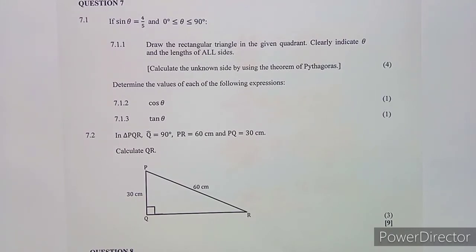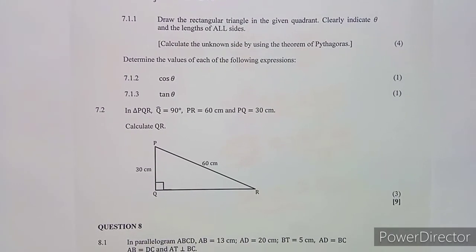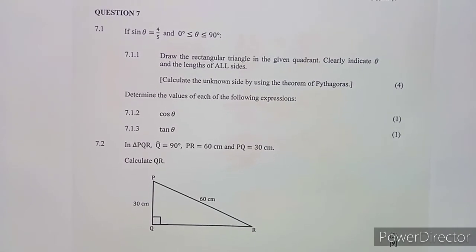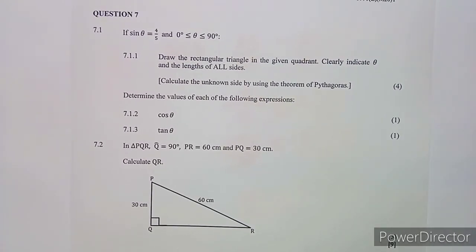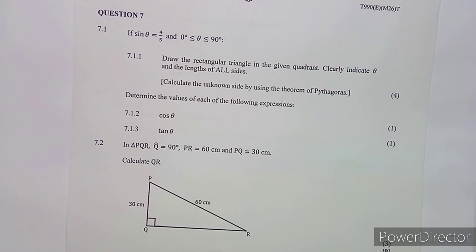So you have to be very, very careful with these typical questions. Then we are now given question 7. On question 7, all you need here is to just locate the quadrants, because you're given on 7 there